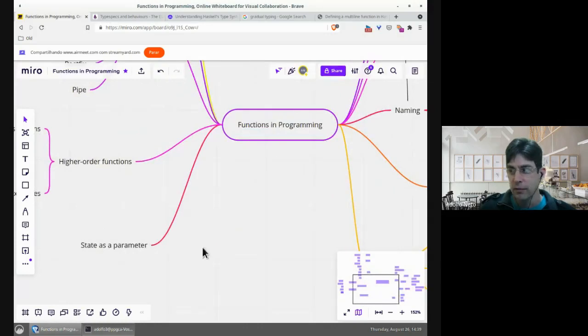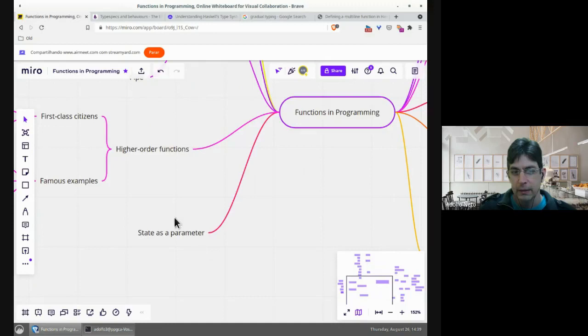We have seen in Simon Thompson's talk that you can have functions where the state, you probably did that too in your implementations. I'm not sure, but one of the problems with functional programming is that you don't have a state. And